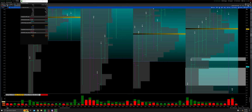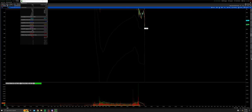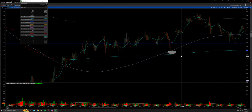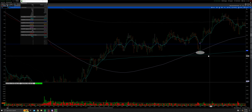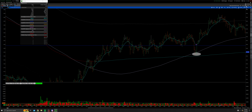And at the time, to give you more of a reference, on our 1 minute chart, bear with me because clearly I don't know how to work a mouse. You can see where I got long here. We had pulled back just to the 144 simple moving average on the 1 minute. So a lot of the times with an afternoon pullback low or an afternoon rally high, it'll coincide with the 144 simple moving average on the 1 minute chart. So we pulled back to that area. That was my signal to buy. So as we pulled back to it, I got long 41.25, roughly a 3 lot, added up to a 4 lot of the minis. Stop was below